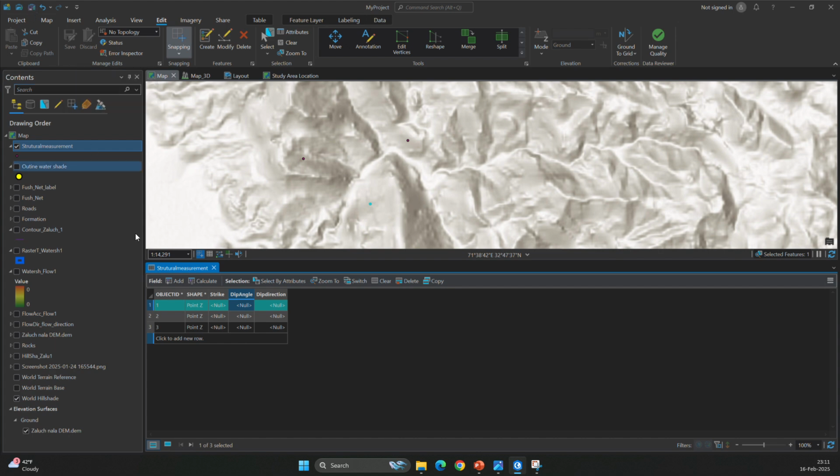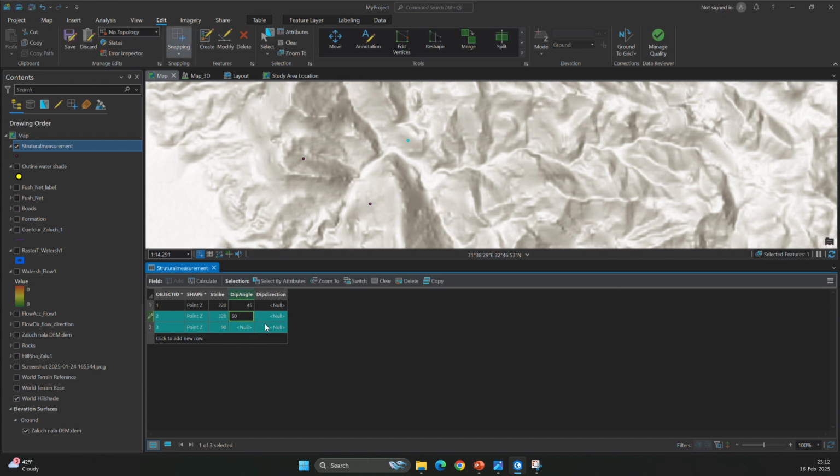You can also give the data from this area, for example, 220, and this point, if I click, yes, this is this point, so it will be 320, and this point will be 90. And you can also dip like 45,